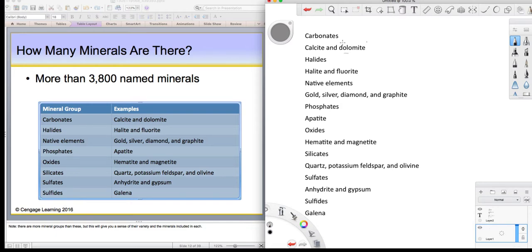All right, I want to continue here with minerals, and we're going to break minerals up into several groups. The first group on here are the carbonates, and carbonates include calcite and dolomite. What's important about especially calcite, these two minerals, is that they're going to go into the rock called limestone. So limestones are important in that